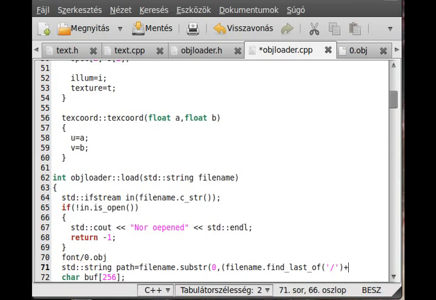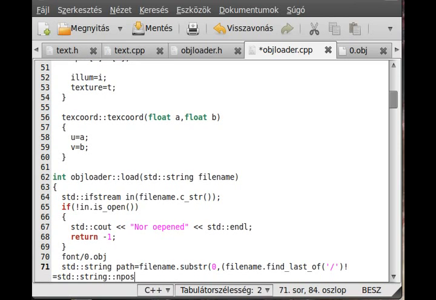So pretty simple, I just add plus 1 here. So I increase the number of characters, so 1 character more, so it will include the slash too. Actually I want to examine if it is not 0. And you know what? I did it wrong. So now I want to examine that it is not std::string::npos. The std::string::npos will be returned whenever it cannot find it. So this is a constant, and if it is not that, then I use